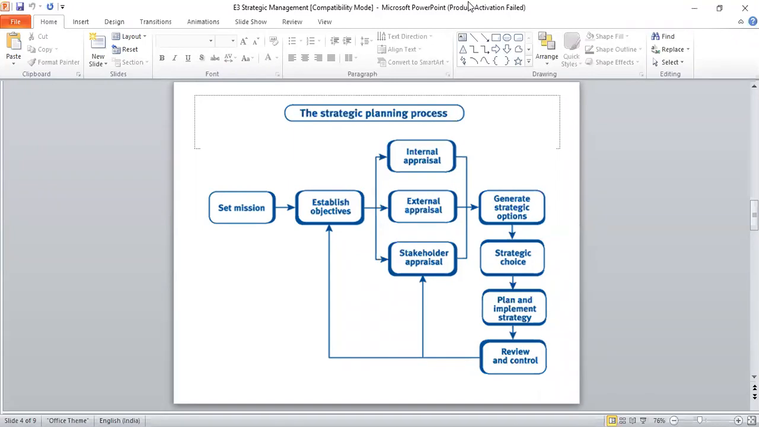We have then after that, what are the strategic options which are available? Then that should result in what is the strategic choice, and then how do they implement these strategies, and how can they have control measures, monitoring and controlling? How does it take place? So when they analyze the internal, external, stakeholder appraisal,